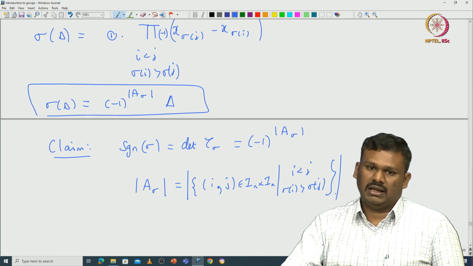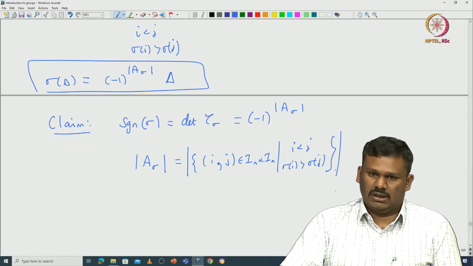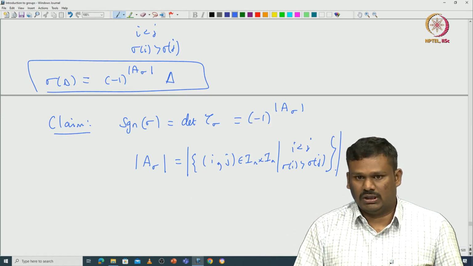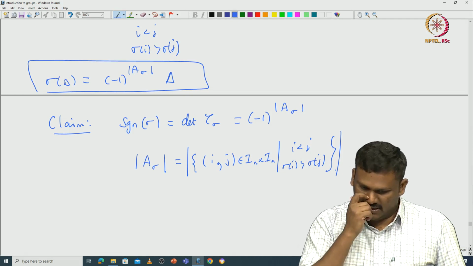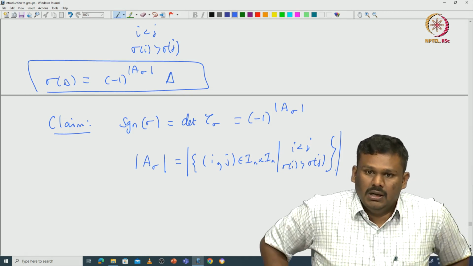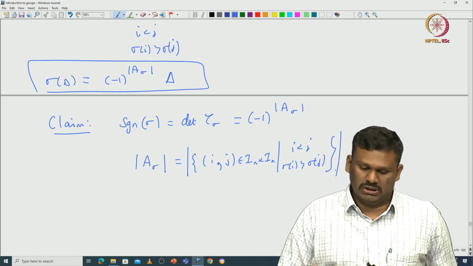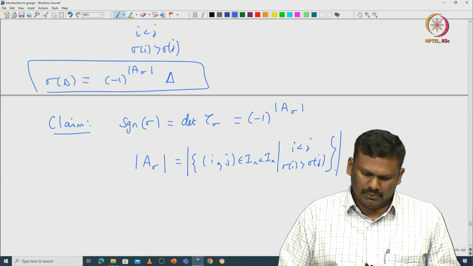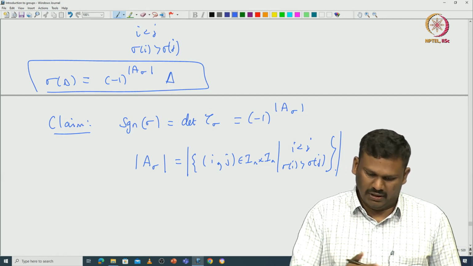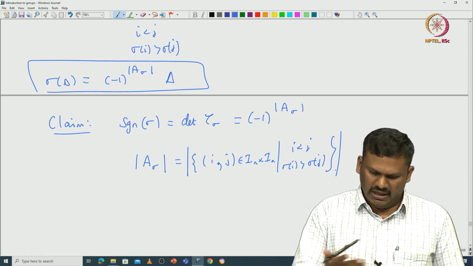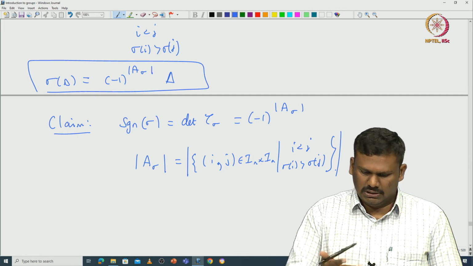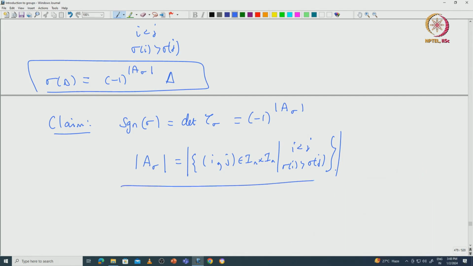For example, when you think of the symmetric group as a Coxeter group, one can talk about the length function of a given element with respect to the Coxeter generators, and the set of inversions plays a role. Basically, the cardinality of this counts exactly the length of that given element with respect to the Coxeter generators. But those things are aside. Even in symmetric group theory itself, they play a very important role, when there are combinatorial invariants associated with a given permutation. They mostly involve these things.